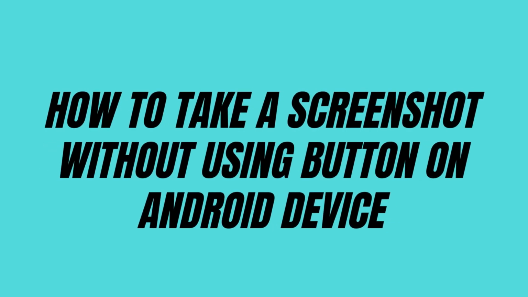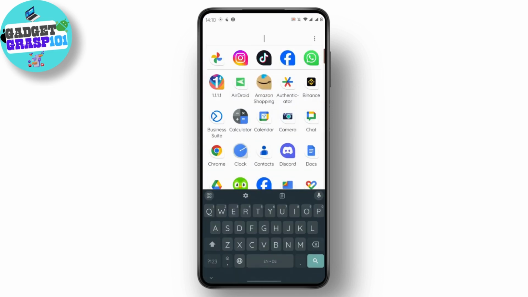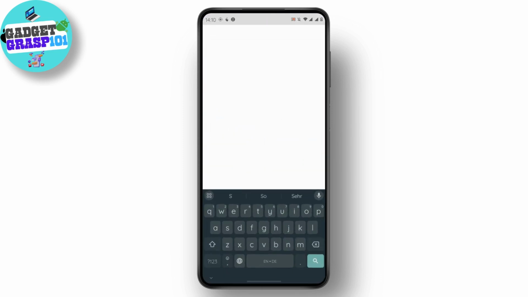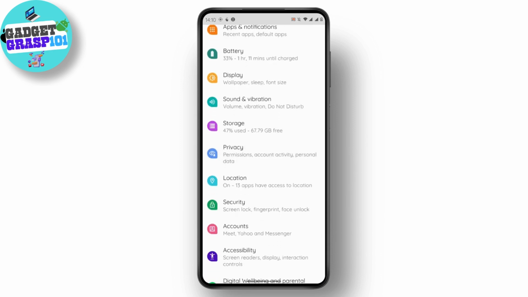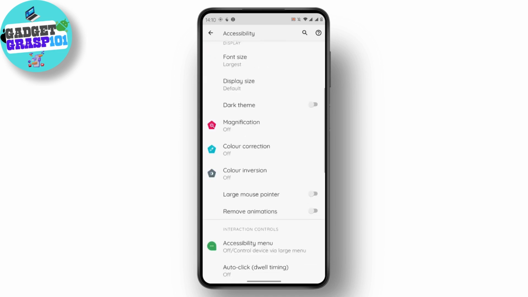Android device. So let's get started. So if you want to take a screenshot without using your buttons, to do that what you have to do is first of all open up your settings, and after opening up your settings application, scroll down and you will find accessibility option. Just tap on accessibility, and from here you just have to scroll down and then tap